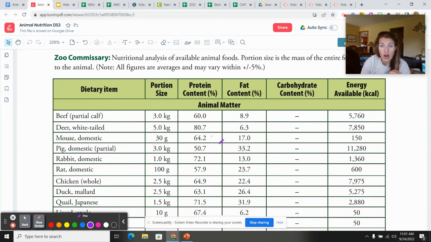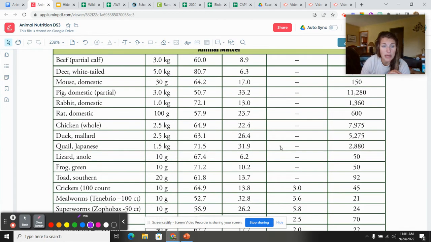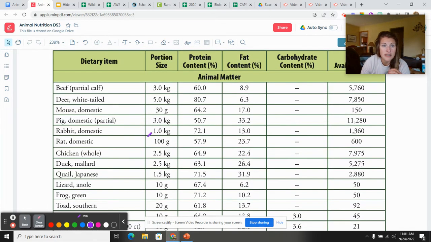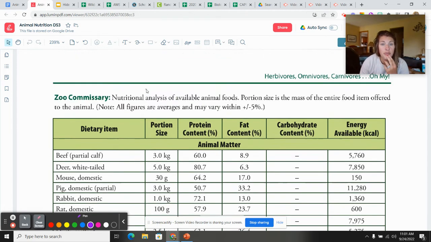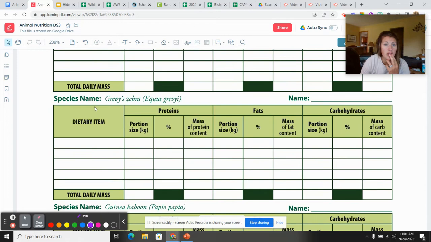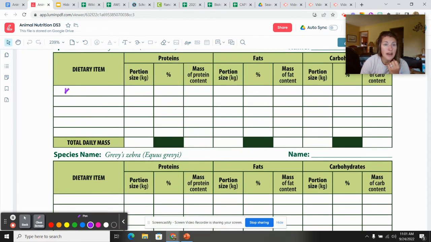So pretty much all of this stuff up at the top here, this is all the stuff that they need. So I need between 5.5 and 6.8 kilograms. So I'm going to feed beef. So I'm going to do the 3 kilogram portion of beef. Okay. So 3 kilograms. So I'm going to go up dietary item